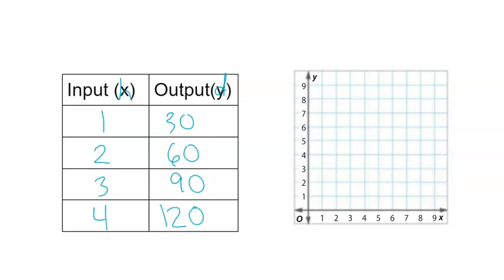All right, so we're going to take the data that is on the function table to graph that onto that graph. So we're going to need to create our ordered pairs first. And again, our inputs are our x values and our outputs are our y values. So our first ordered pair is going to be (1, 30). Then I have (2, 60), (3, 90), and then I have